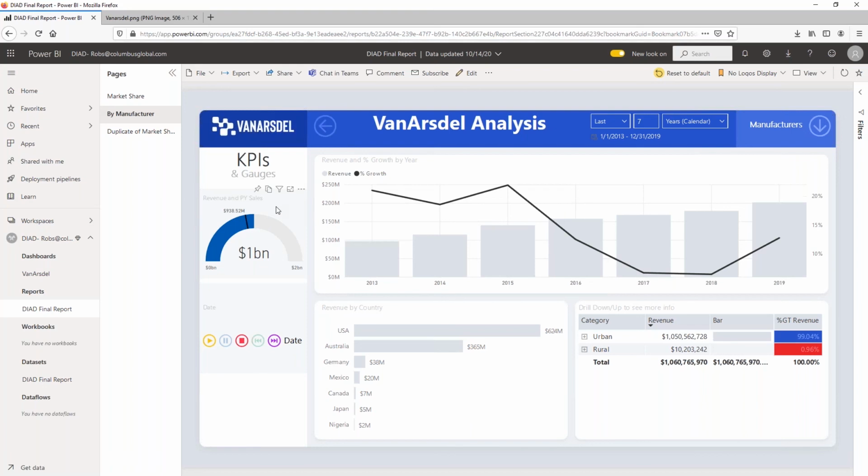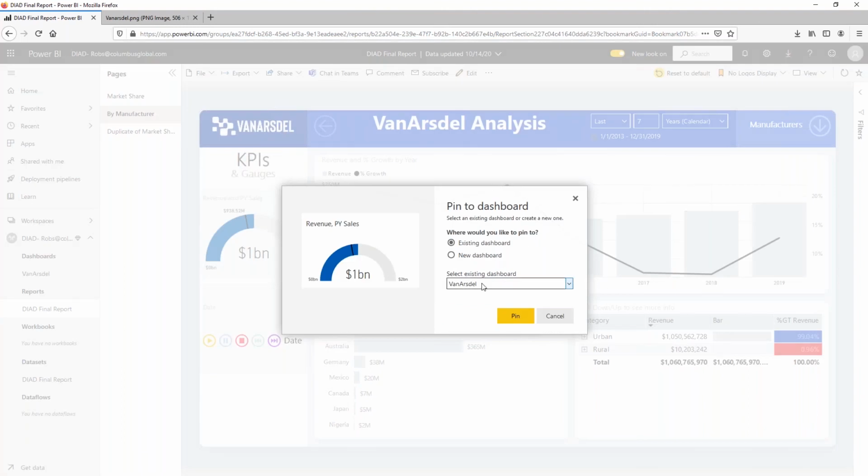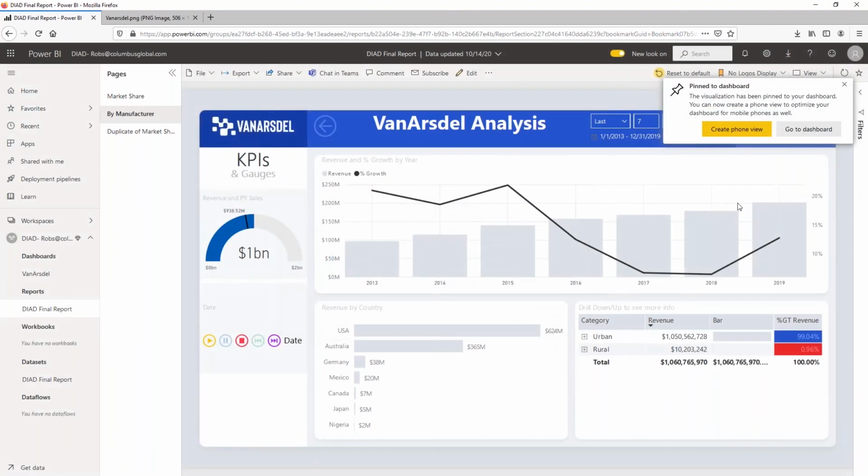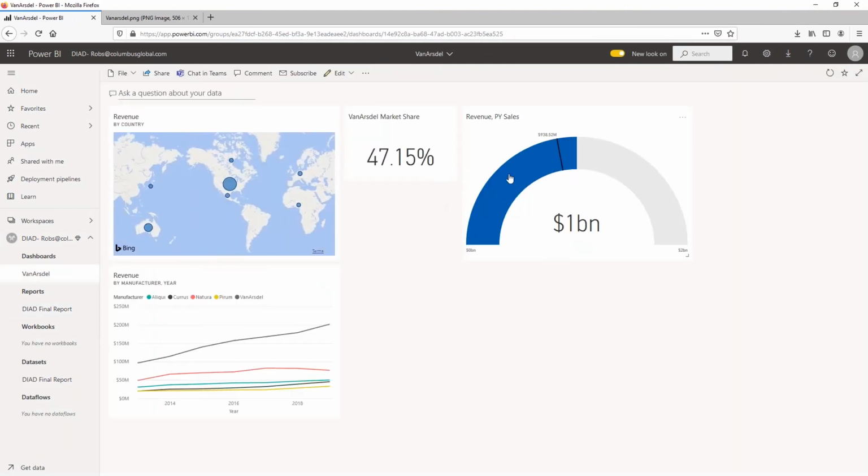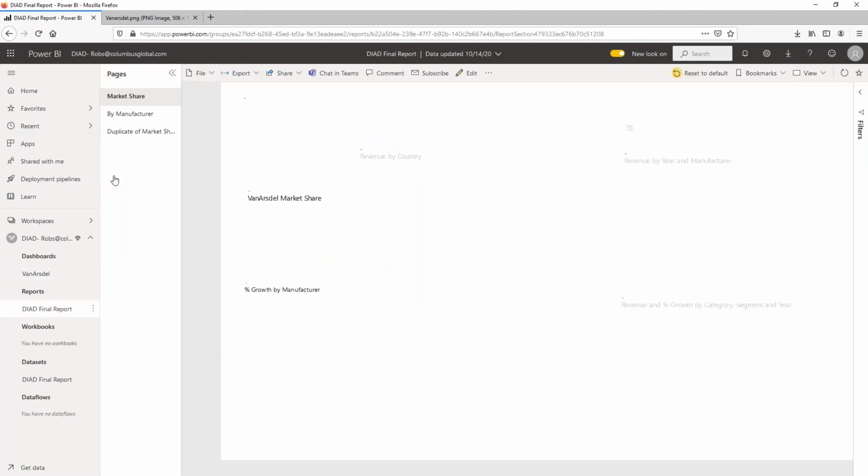Now we're going to go ahead and pin this gauge to the visual. I'm going to do the same thing, pin. Where do we want it to go? We want it to go to the Van Arsdale visual. And now if we go to that dashboard, we can see that the gauge dashboard is on there. If we go back to the report,